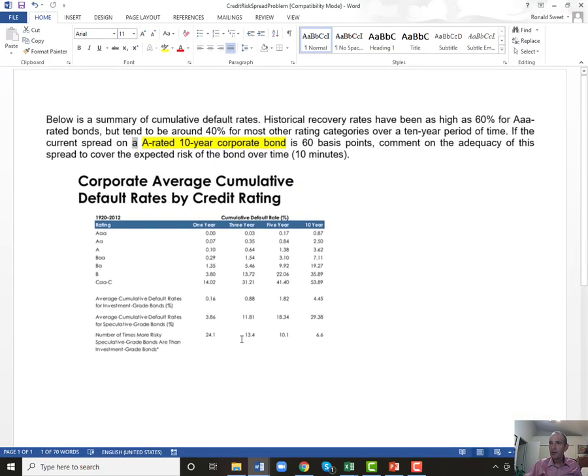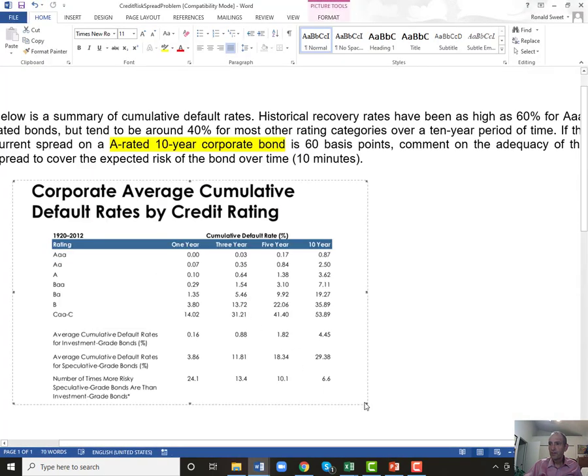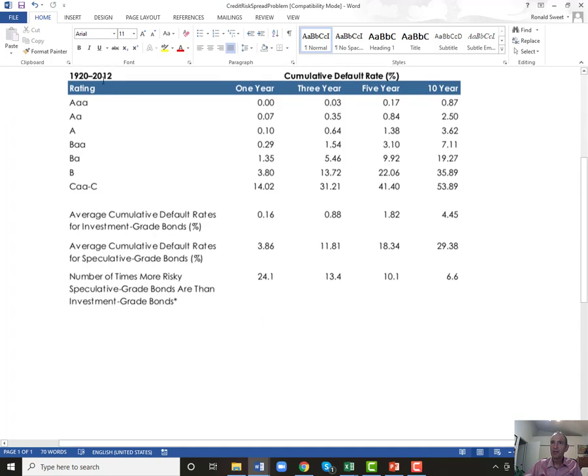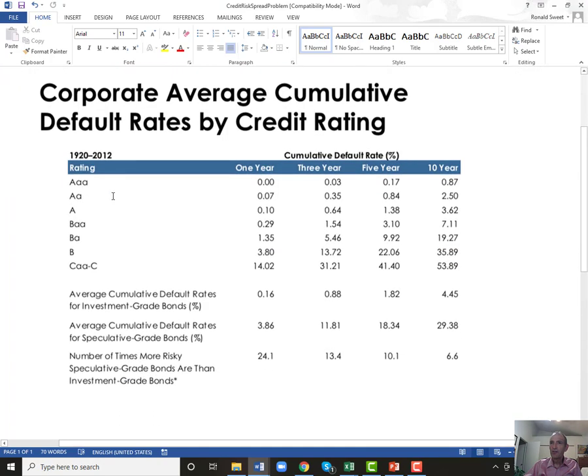What we're going to do on the exam, though, is I'm going to show you this chart. I love this chart, even though it's a good 8 years old. I wish I could find this chart again, more current. Maybe on the exam I'll give you more updated numbers, but I seriously doubt they've changed that much because it does include 2008. And the years after 2008 and 2009 weren't all that big of years. But what this shows you is the cumulative default rate for 1 year, 3 years, over 5 years, and over 10 years. And this is what we're going to use for the exam questions.